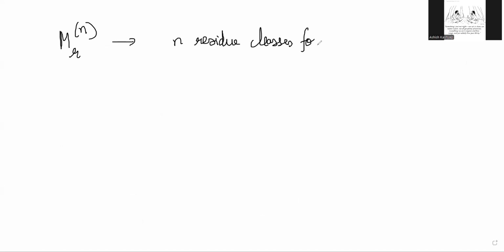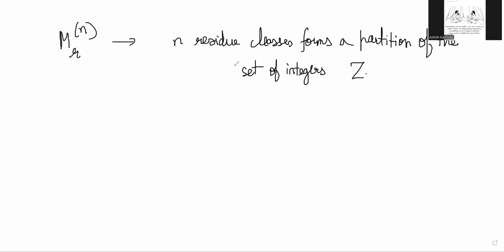form a partition of the set of integers. What I mean by that is the integers can all be said to lie in one of these n classes, right? Yeah. All integers will lie in one of these sets, and there is no integer that will be outside